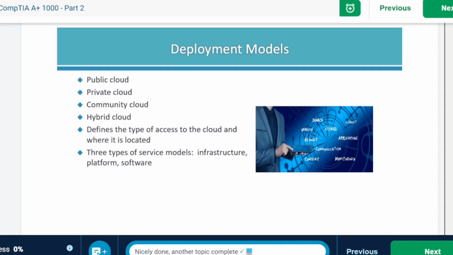The platform service model provides the runtime environment for applications and development and deployment tools. And finally, software lets the user use software as a service. So you've got infrastructure, platform, and software.